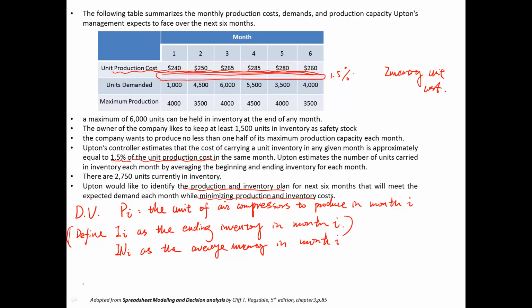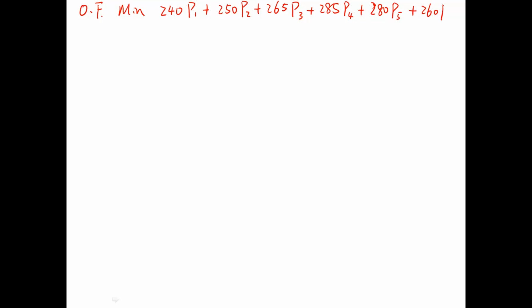Now let me go back here. You all have the problem statement, right? So we'll write the objective function here. We want to minimize, and I'll write the production cost first. That would be 240 P1 plus 250 P2 plus 260 times P3 plus 285, 280, plus 260 P6. That's the production cost part. I'll put them in parentheses to differentiate. Plus,